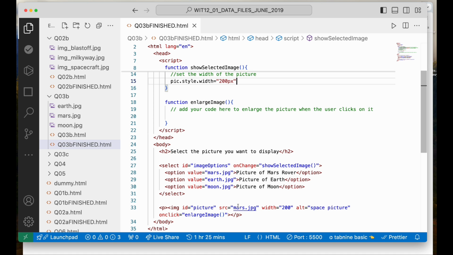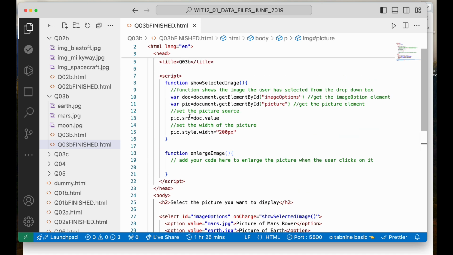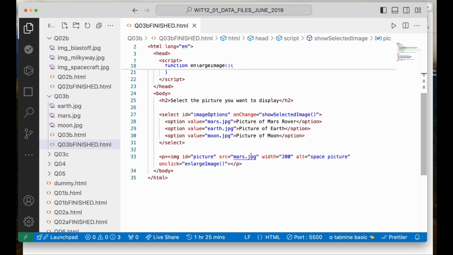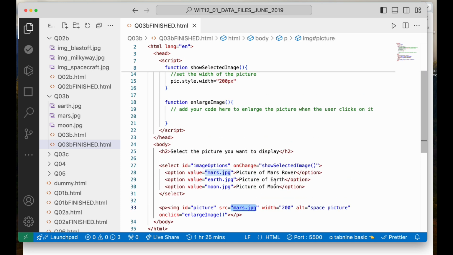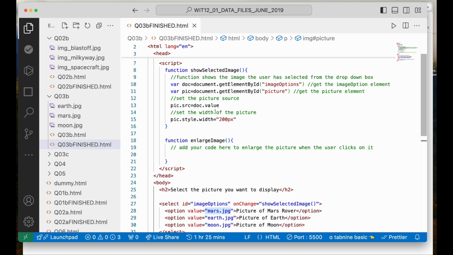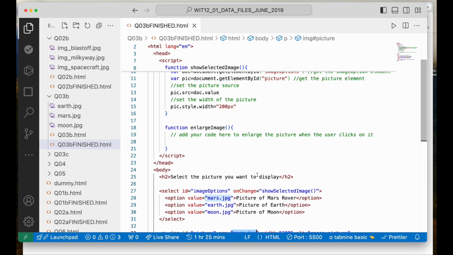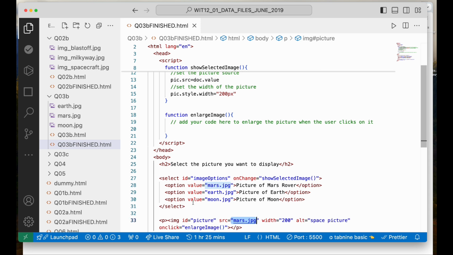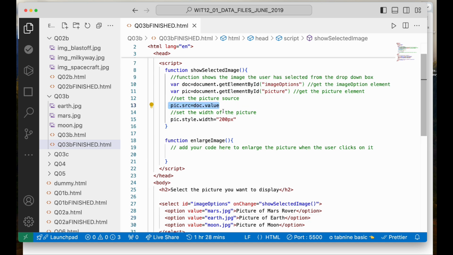Pic dot source, right? This is the source and this is the ID of the picture. They are targeting this whole image tag inside this pic variable, and that's why they are able to write pic dot source. So whatever image is selected from the drop down, this value is assigned to this, right? Pic source equals doc dot value. Inside the doc we have this one. So whatever value we select, this value is assigned to this source. This code means that. Then